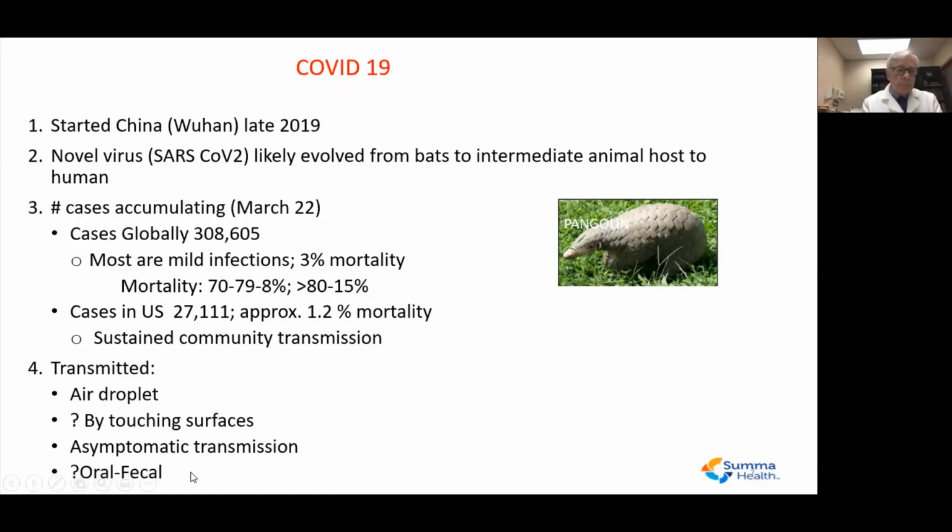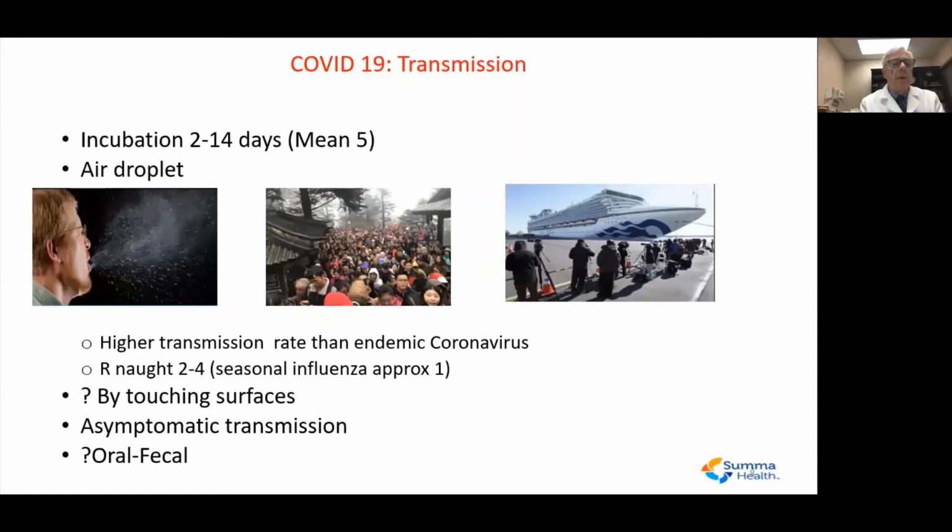Next slide. Now this first picture just shows somebody coughing. You can see the air droplets going into the air. And obviously if somebody's coughing and there are a lot of people in close contact with that person, and there's a high density of people, you can see how a lot of people in close contact can acquire the infection. And you know that it first started in China, but then we know that other places where there's a density of population, such as even in cruise ships, or obviously now in New York City, have a high rate